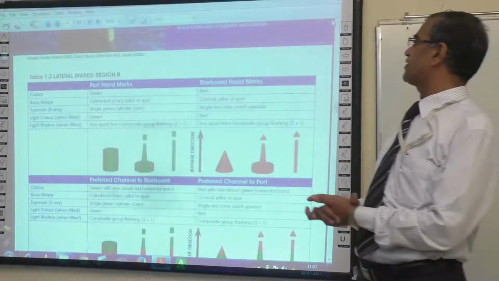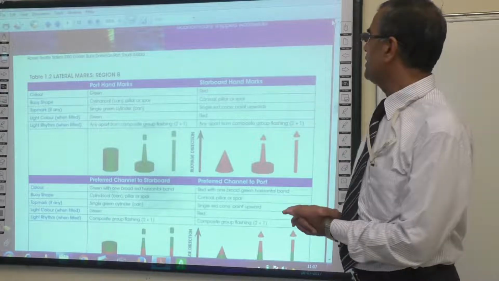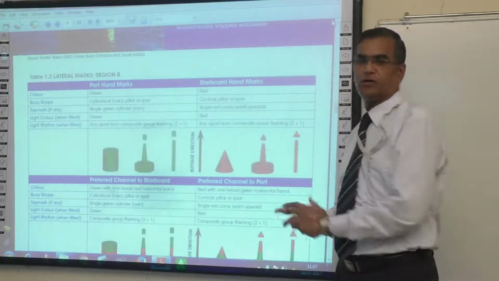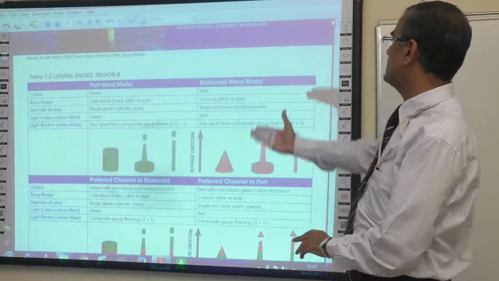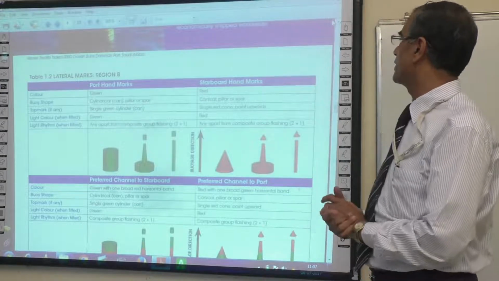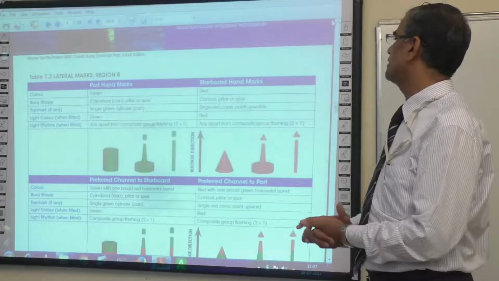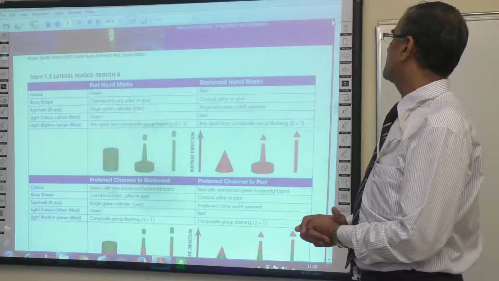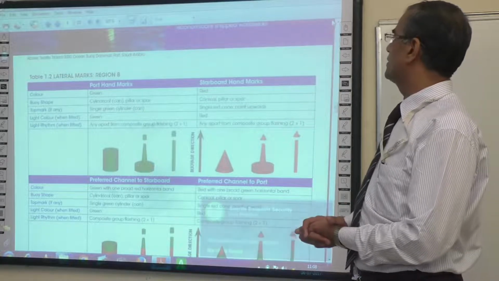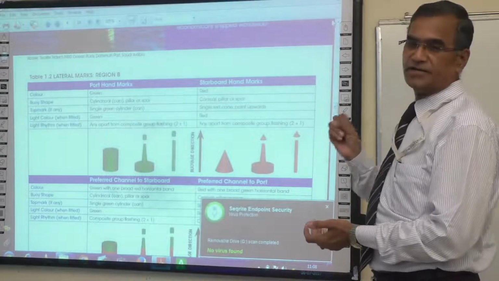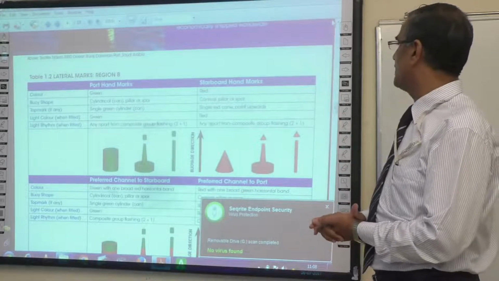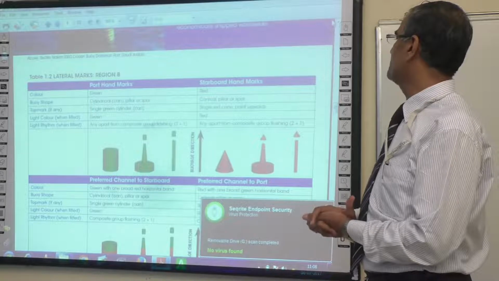Now, lateral marks of region B. In region B, it's just the opposite to region A. As we can see, the port hand buoys are green in color. The buoy shape is a cylinder, a pillar, or a spar. The top mark is a single green cylinder. The light, when it is fitted, is a green flashing light, and the light rhythm is any apart from